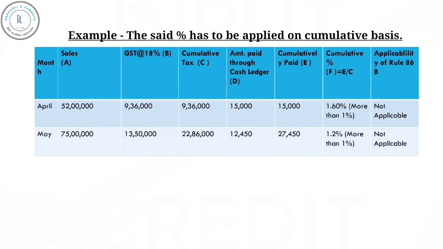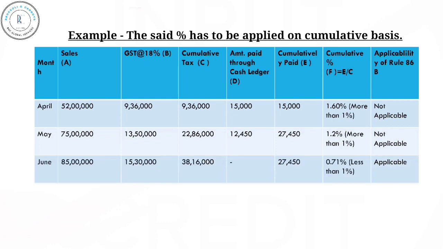1.2%, more than 1%. Applicability of Rule 86B: Not applicable. Month, June. Sales, A: 8,500,000 rupees. GST at 18%, B: 1,530,000 rupees. Cumulative tax, C: 3,816,000 rupees. Amount paid through cash ledger, D: